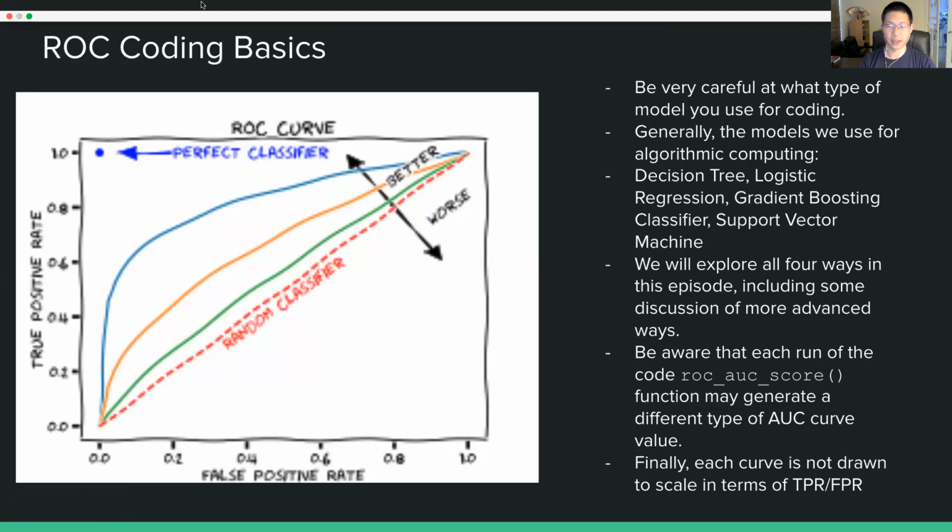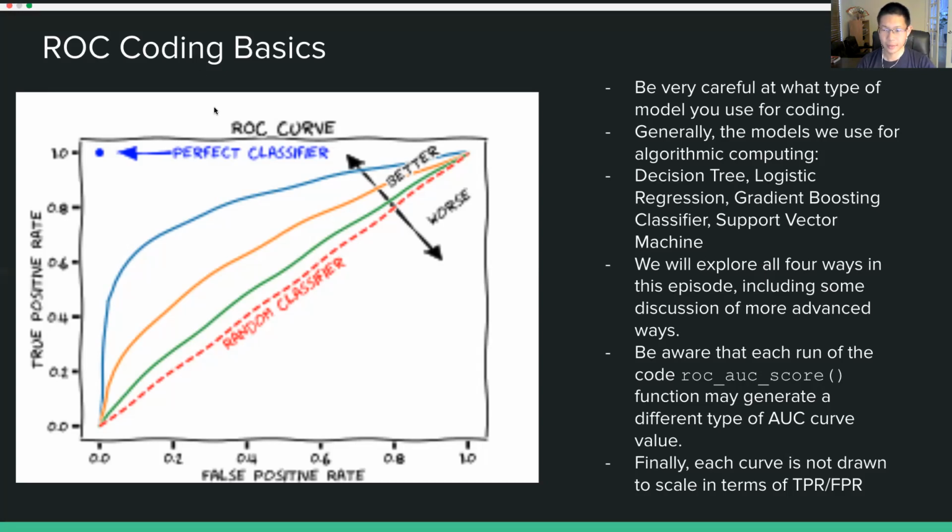It's like when you're little and you have to fit a block, either a square, triangle, or a circle, right? You can't fit a square into a round hole. So you cannot use logistic regression for a decision tree model, or use gradient boosting for logistic regression. You've got to stick with the model you use. So make sure from the get-go that you use the right model, or the thing will simply not work.